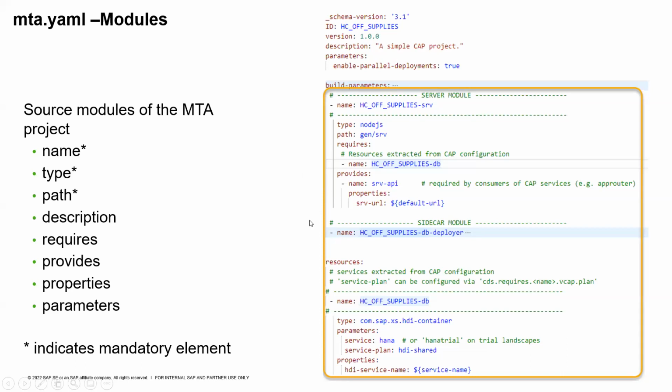Then we have the provides, which is again an optional section containing the configuration data used by the other modules. Then we have properties, which are again optional named variables containing application specific configuration data. So like SRV service URL is a property. Then we have the parameters, which are optional named variables to be used by the deployer. For example, the amount of memory for the module.